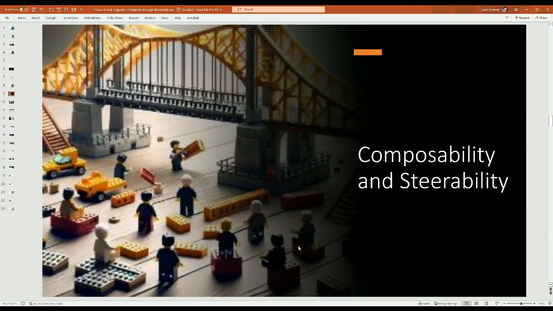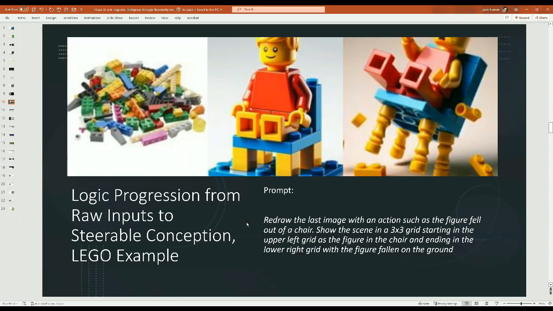This is an example of AI-generated art from Legos. Build me a bridge. So it takes that instruction, and then the composability is how good a bridge that is, and does it have the other components you would hope to find in a bridge construction? Let's go through a couple quick examples. I want to do a logical progression, just to illustrate, almost as if you're going to make the movie of a scene, and the more emotional content, the more originality, the better.